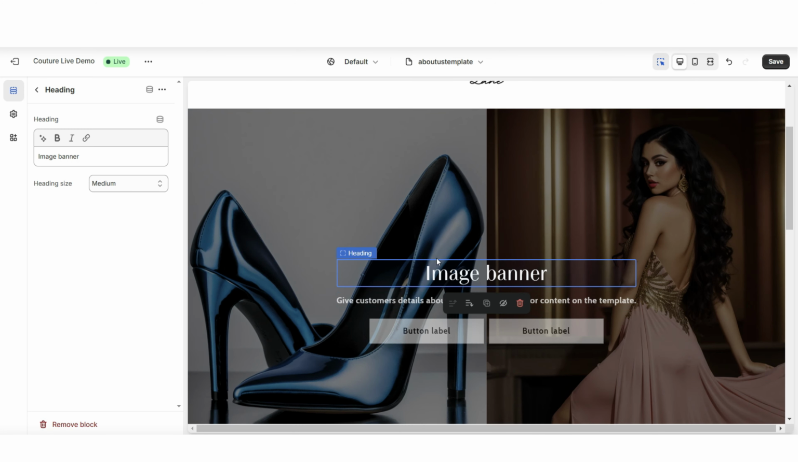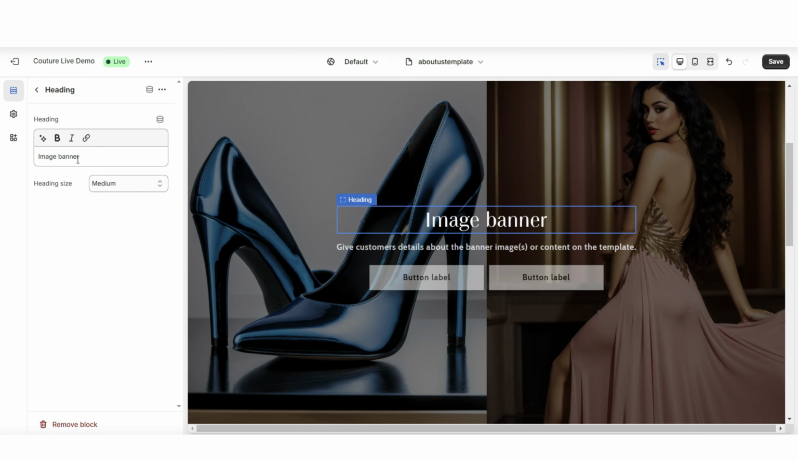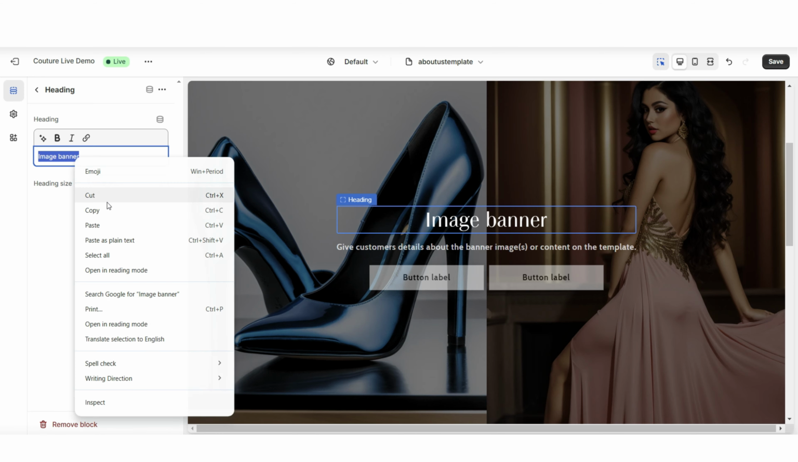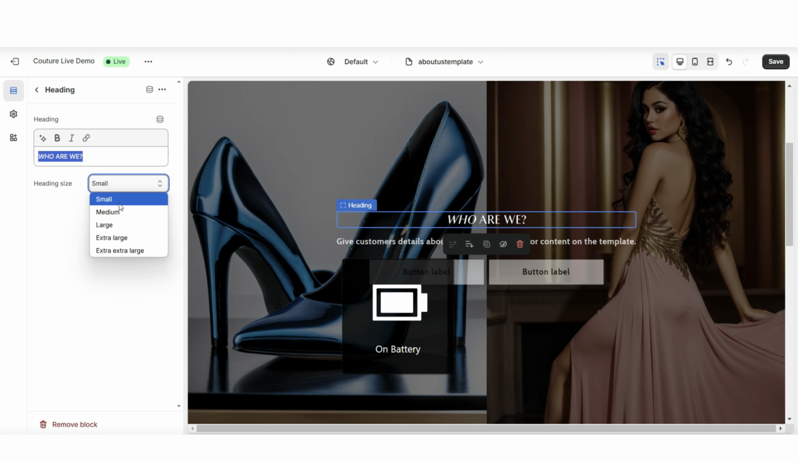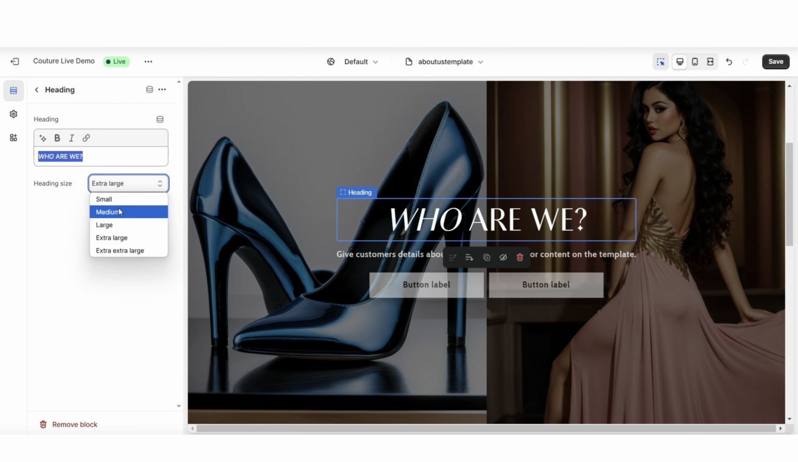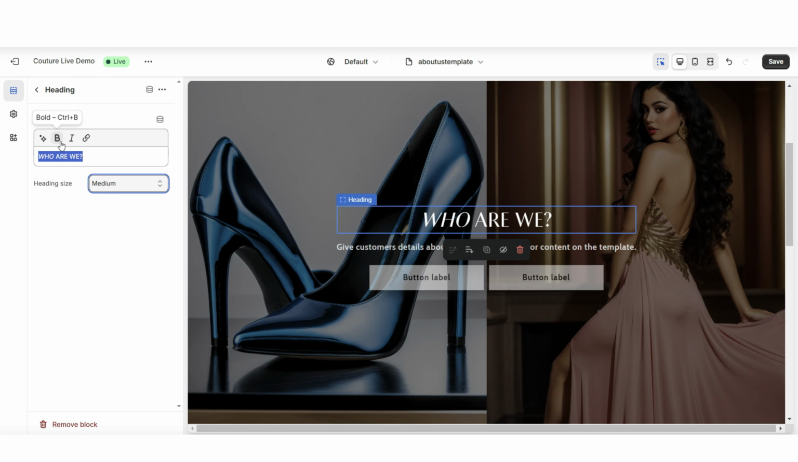I'm going to click on this heading text, and here you can choose to type in an introduction for your About Us page. You can type About Us or Brand Introduction. You can also choose to edit your heading text, so you can adjust the sizing of the text, and you can also put it in bold, italic, and you can insert a link leading to another page within